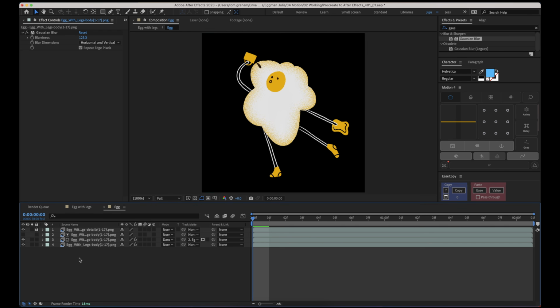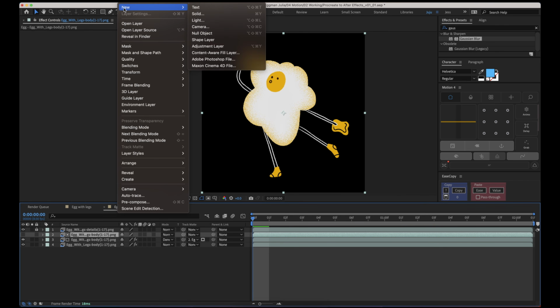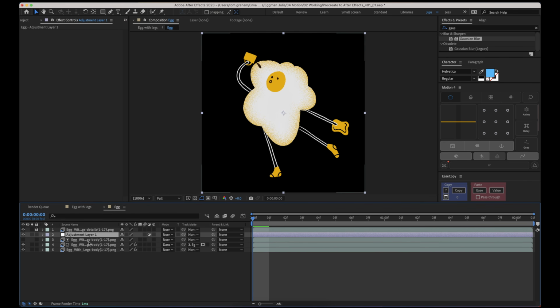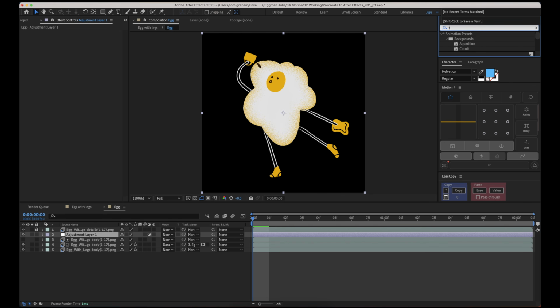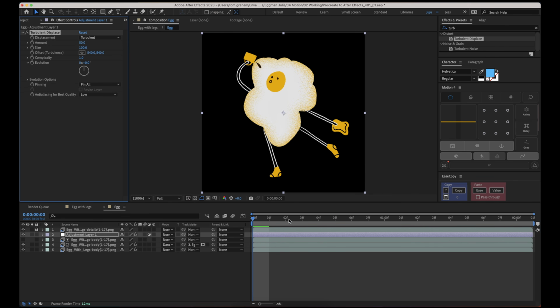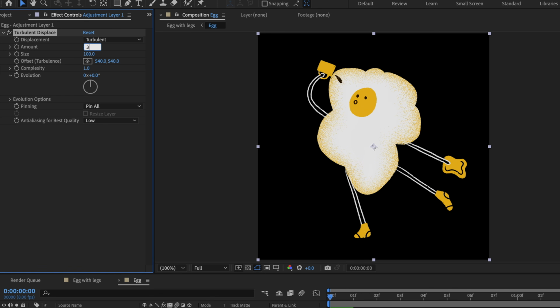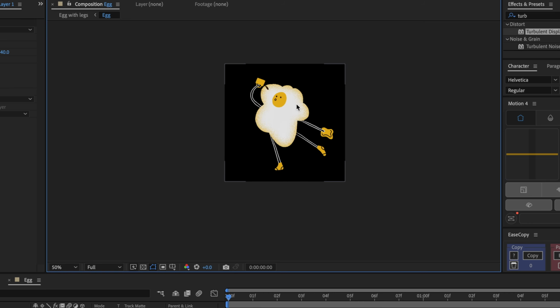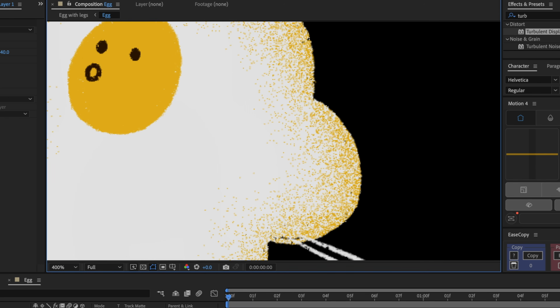It's still looking a little bit pixely and less like a purposeful texture and more like a mistake. So we can add an adjustment layer in here. I always forget the shortcut for the adjustment layer because there's too many. But let's put that in here, and we can add a turbulent displace. And that looks pretty whack, but if we turn down the settings to something really low and change this size to something really low, what you can see when you zoom in is that it just kind of softens the effect a little bit and makes it a little bit less pixely.